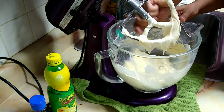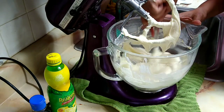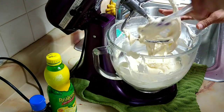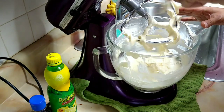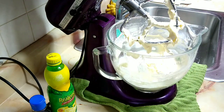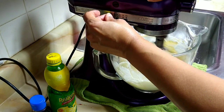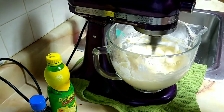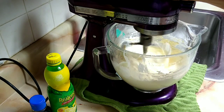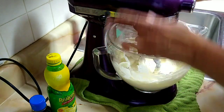Scrape down the side to make sure that batter is all mixed up. And scrape it off that spatula because we don't want to miss any parts of this. Mix a little bit more. Lock in that bowl. Make sure we don't want that bowl moving around either. All right, so now